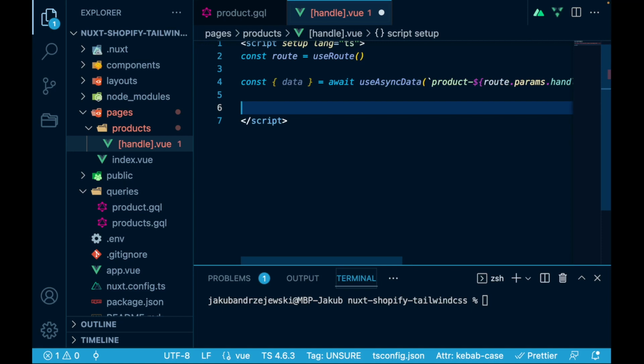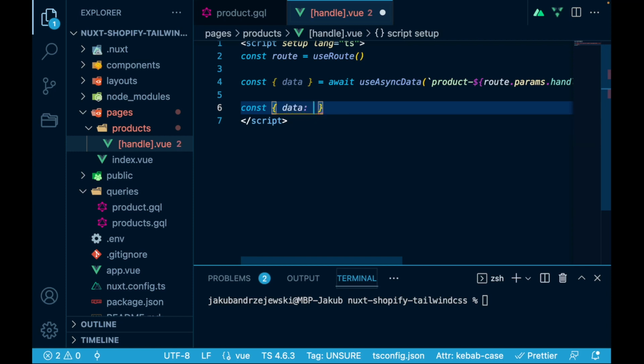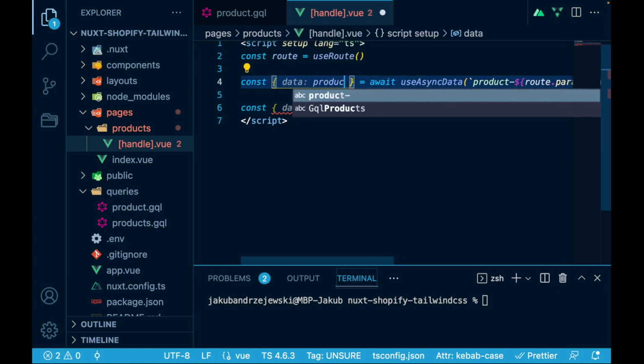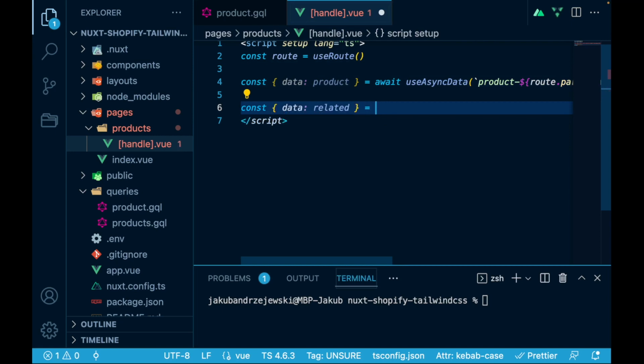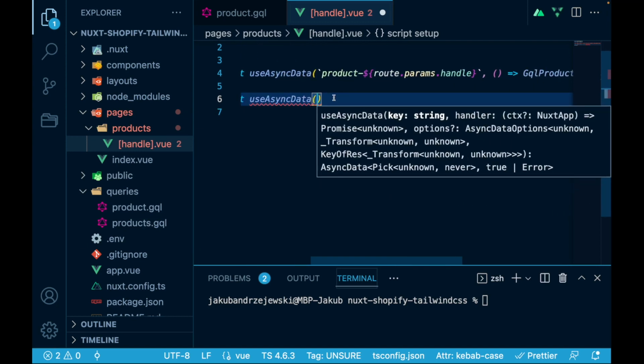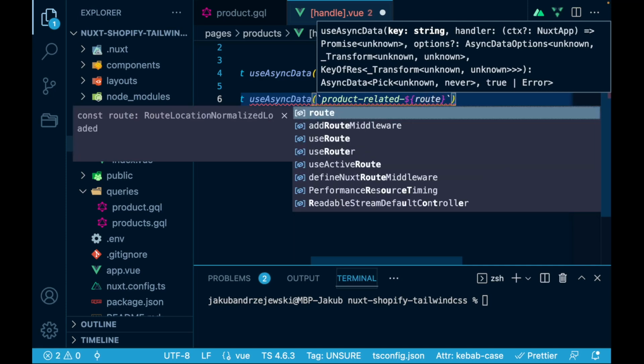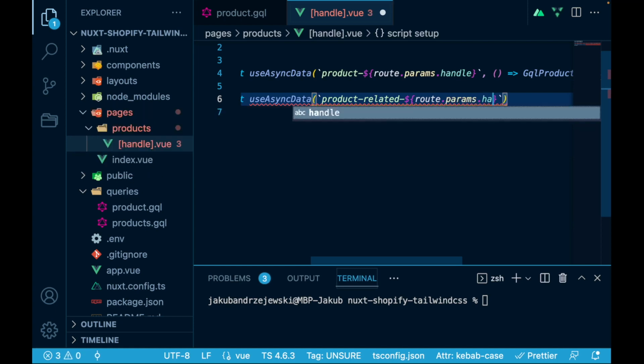Up next, we will also create another call to the GraphQL API, but in this case we'll rename the data to related, and this data relates to the product itself. So we'll call await useAsyncData, and in this case we'll call it very similarly, so product related, and in this case it will be similar, so route.params.handle,